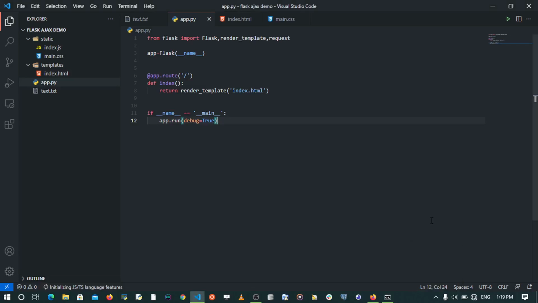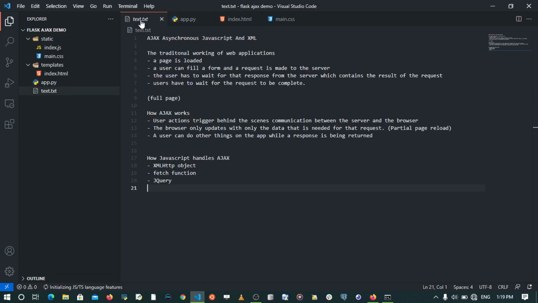In this video, we're going to learn how to carry out Ajax with Flask. Ajax stands for Asynchronous JavaScript and XML, which is a set of technologies that enable us to carry out asynchronous communication between the browser and the web server. So in this case, we are sending a form and all the data with that form without having to do the page